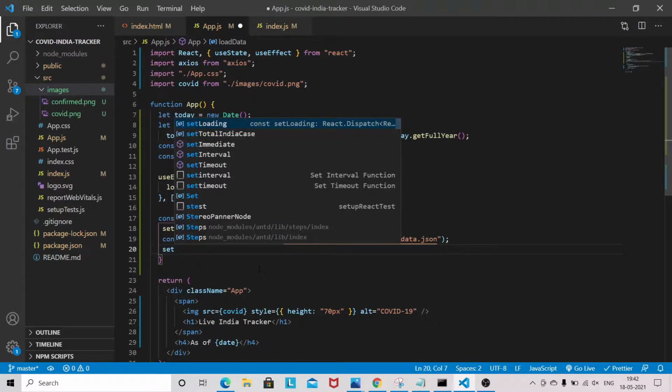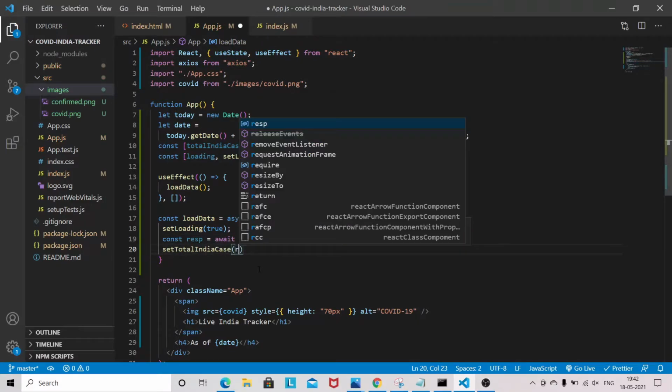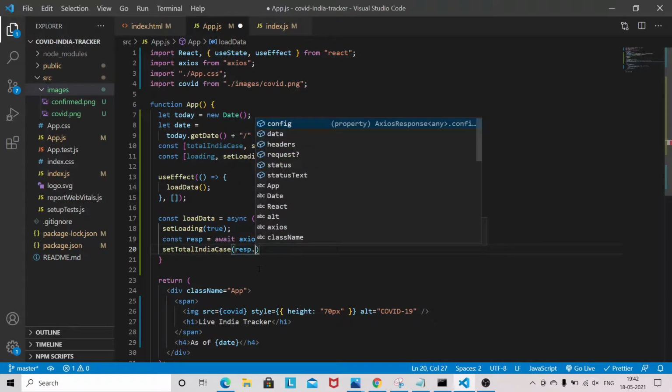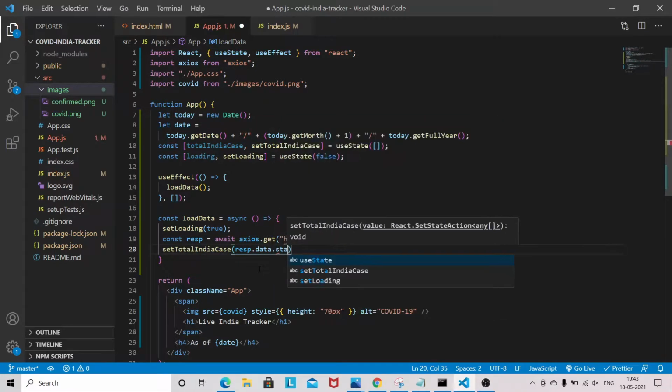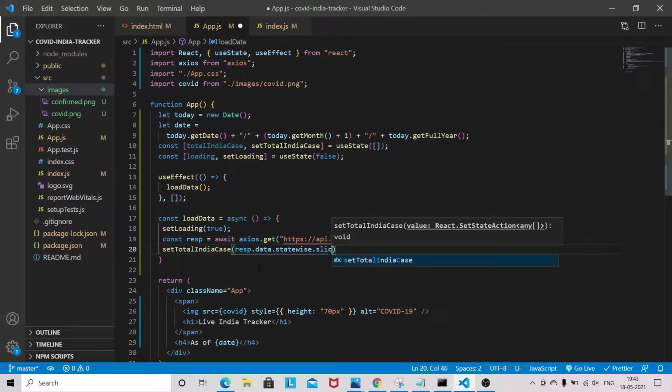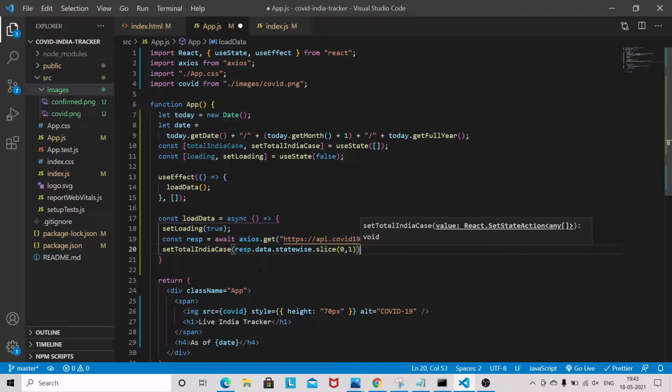So set total India case, okay, and the response dot data dot state wise, okay, dot slice. Okay, so I will be doing a slice 0, 1.